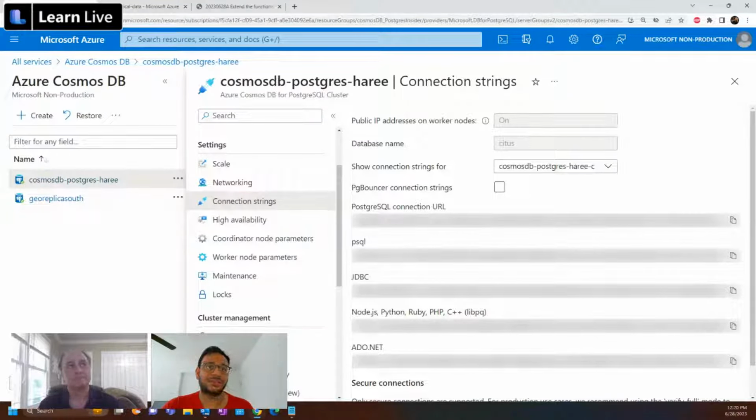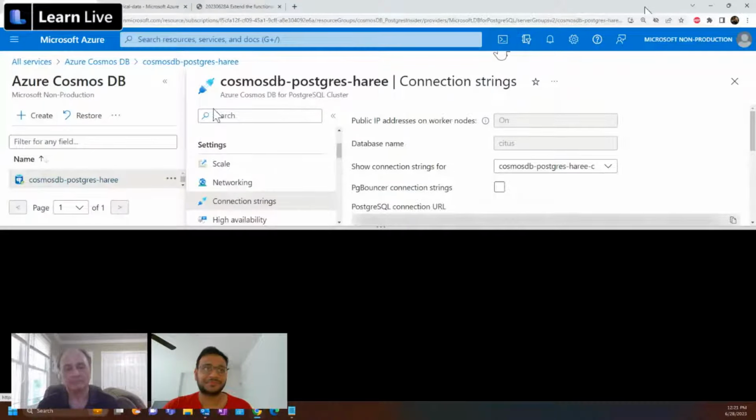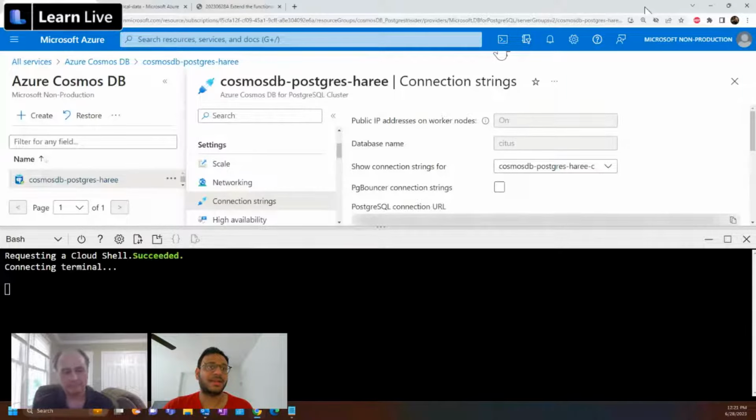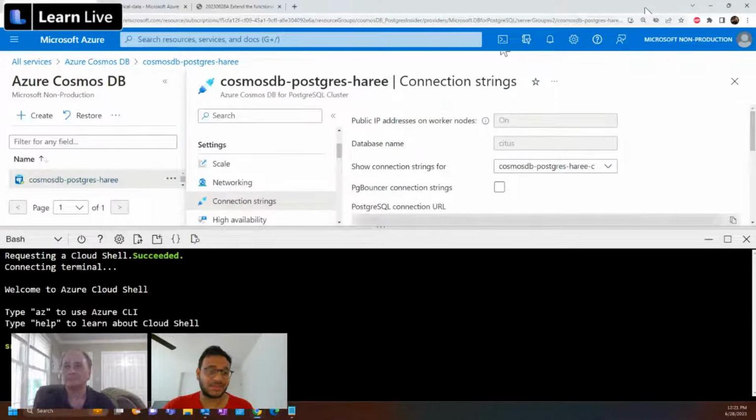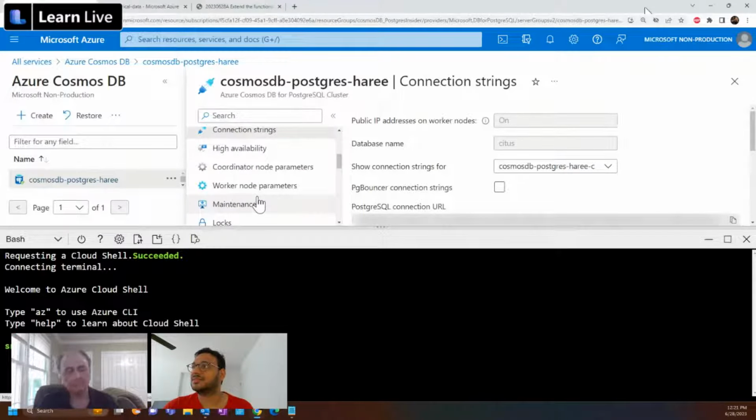And for today's session, we are going to connect from Cloud Shell. So there's a small icon there. Let's just hit the Cloud Shell option. And it would ask you, if there is no storage mounted, you can actually create a storage so that this shell has access to a storage. And once you have that, now you can connect to the database. Again, you can see the connection strings here,